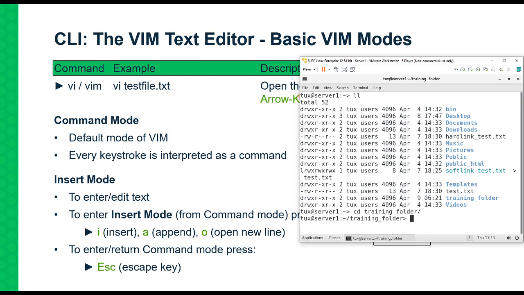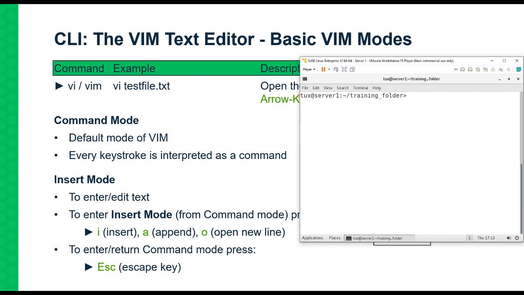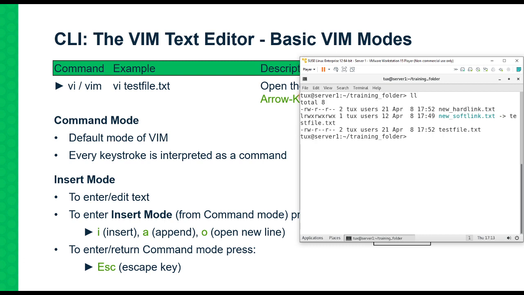Let's list all the files in our training folder with ll, and we've got our test file which we will be working with. So I'm just going to clear the screen and do ll again. There's our test file. So the command that we're going to run is vi testfile.txt. Let's do vi testfile.txt,